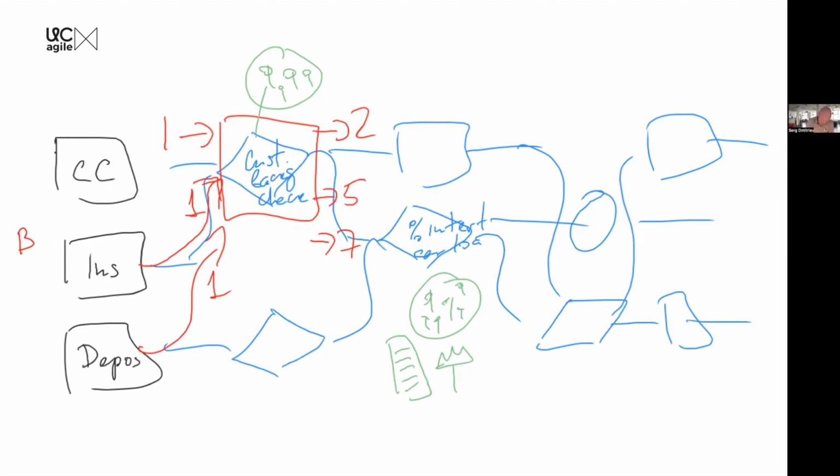On the left side, they are business. On the right side, they are IT guys. So the business guy who runs the insurance business needs to make certain changes with the box which calculates interest rates for his insurance product.